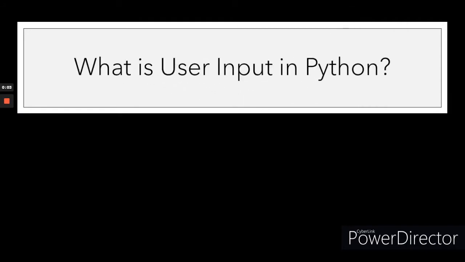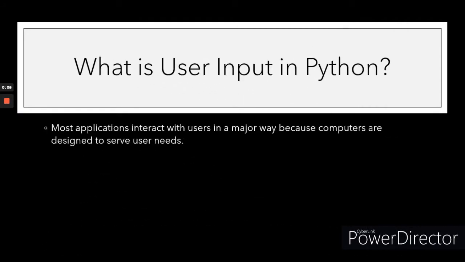What is user input in Python? Most applications interact with users in a major way because computers are designed to serve user needs. To interact with a user, an application must provide some means of obtaining user input. Fortunately, the most commonly used technique for obtaining input is also relatively easy to implement.